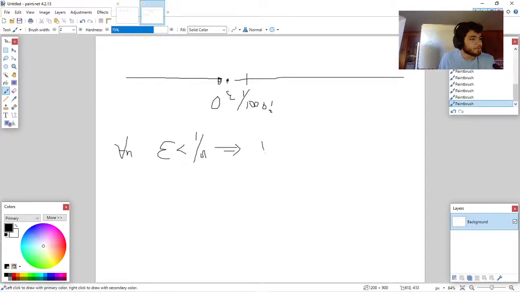So that means that for all n, 1 over epsilon is greater than n, because this property of taking reciprocals, flipping the order, is a first order property. And so it's going to be the case that for every n in the natural numbers,